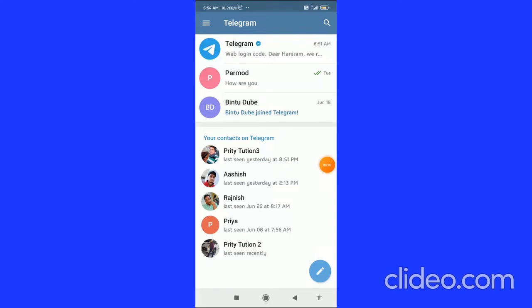How to change Telegram background in 2021, that's what I'm going to show you guys in this quick video. So let's get started right away. Firstly, what you have to know is that it works on both Android and iOS, so please make sure you